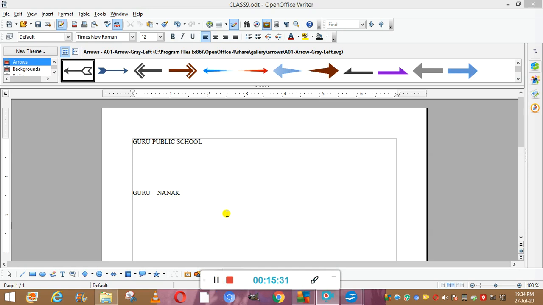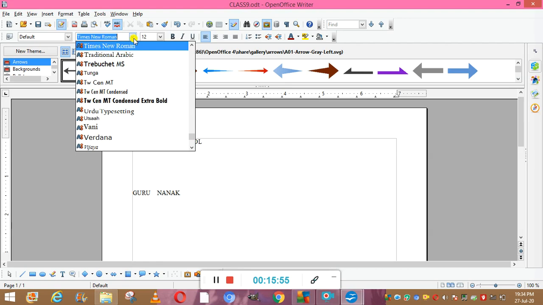Now your next part is formatting characters, which is used to format the characters the way you want the document to be. Okay, so you can see this is your formatting characters toolbar. This is styles and formatting, default, Times New Roman. This one opens styles and is for applying the styles, and this is the font name, from where you can select the font names. If you click on this drop down, you will get the various writing styles.